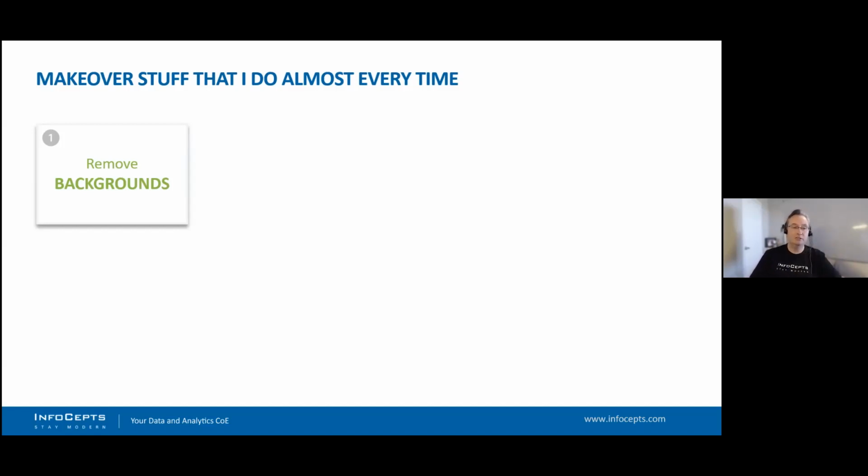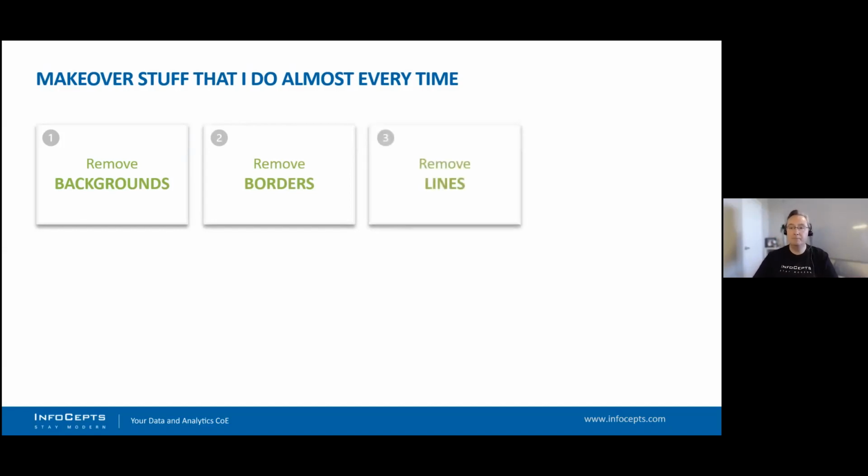I would say 99% of the time I remove the backgrounds, and with MicroStrategy 2020, you can just do transparency and just see right through. I also like to remove all the borders. I feel like the borders just add a bit of complexity and a box around your data, and it doesn't serve any function in my eyes. So I like to get rid of those most of the time. Again, if there's some lines on your, like bar charts could have axis lines and lots of different lines, just get rid of those lines or tone them down in color. But 99% of the time I remove lines,